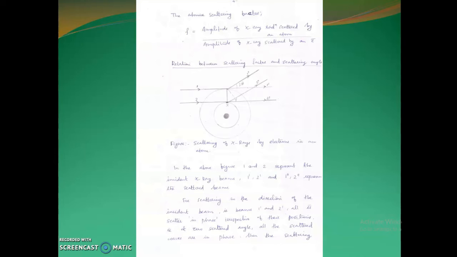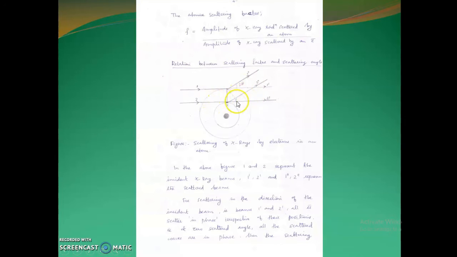Therefore, only a partial destructive interference occurs between these two scattered radiations, 1 double prime and 2 double prime. Only partial destructive interference occurs. So the net effect of interference between the beams scattered by all electrons in the atom is to cause a gradual decrease in scattering intensity with increasing angle 2 theta. Did you get that point?